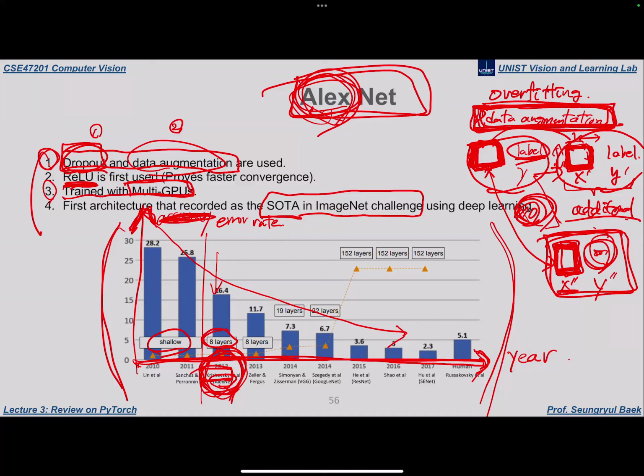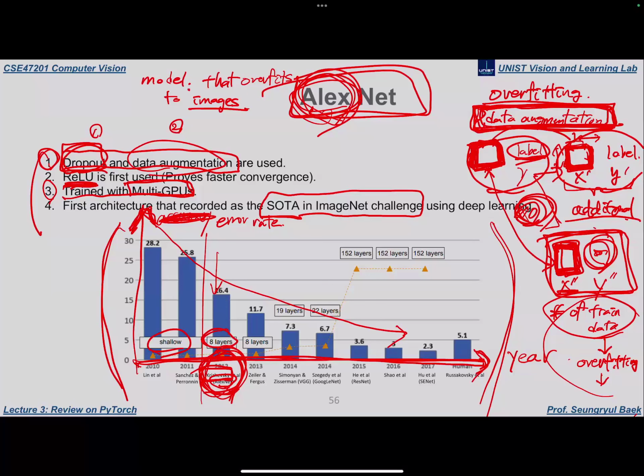And if you increase the number of training data, then the possibility of overfitting becomes less. So, I mean, this is very natural. So, I mean, if you train the model that overfits to the images that you can see in the world,